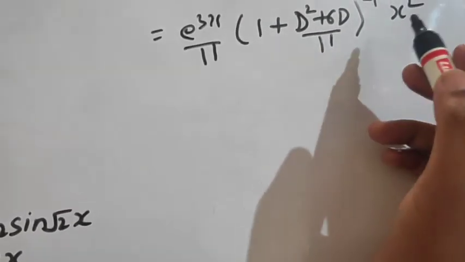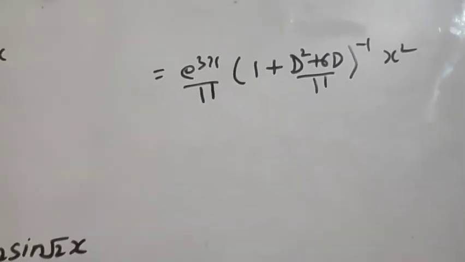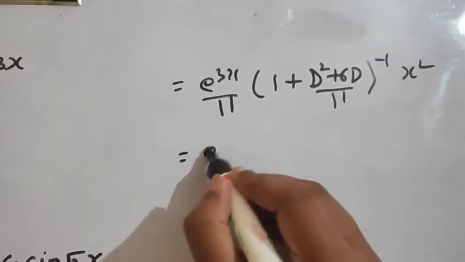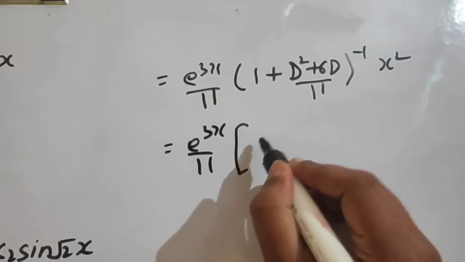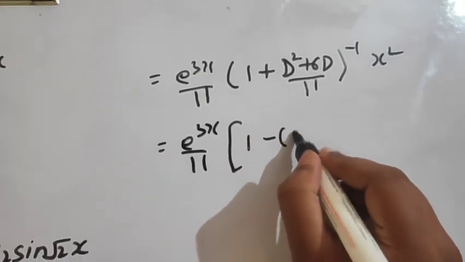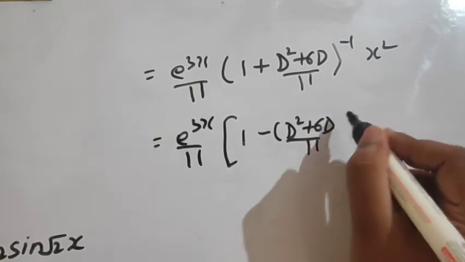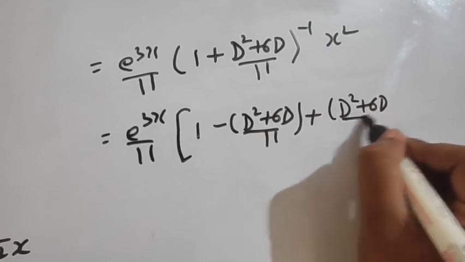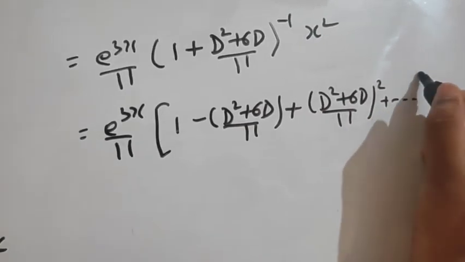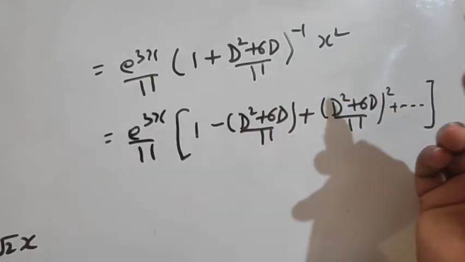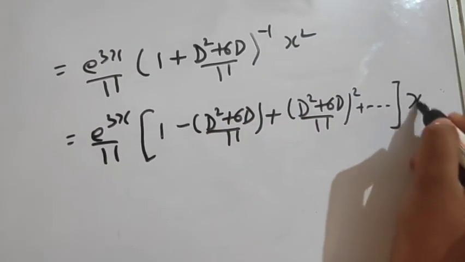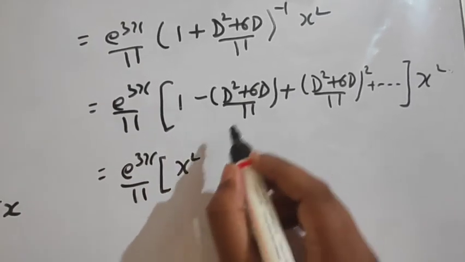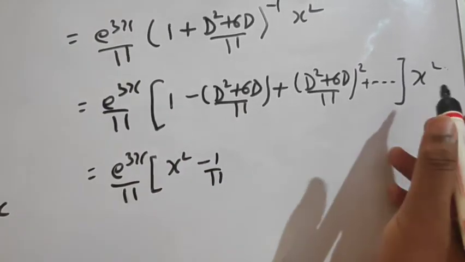1 plus x raised to power minus 1 is 1 minus x plus x square minus x cube, so alternate plus minus will be there. So e power 3x divided by 11, 1 minus d square plus 6d by 11, plus d square plus 6d by 11 the whole square. No need to write further because first derivative is 2x, second derivative is 2 and third derivative is 0 operating on x square. So e power 3x divided by 11, x square, now minus 1 by 11, second derivative of x square,